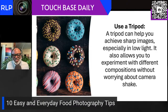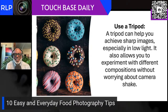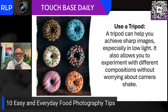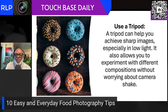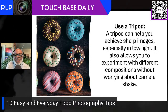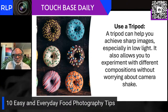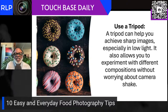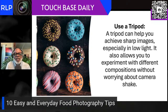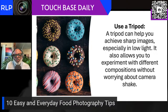Now, for the professionals in the room, use a tripod. You don't have to be a professional to do it, but there are professionals that may want to do this as a job. If you're hanging out on the continent of Africa and there's restaurants all over the place, you can say, you know what, can I take pictures of your food so you can put it online to your online audience? Well, you may have to go an extra mile. The lighting might not be up to par, so you may have to use a tripod. A tripod can help you achieve sharp images, especially in low light. It also allows you to experiment with different compositions without worrying about camera shake,